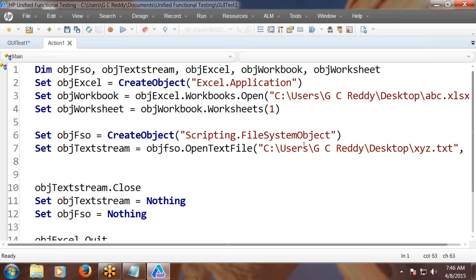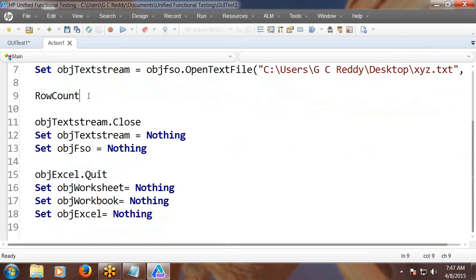Next, one more variable, a row count. Row count equal to,